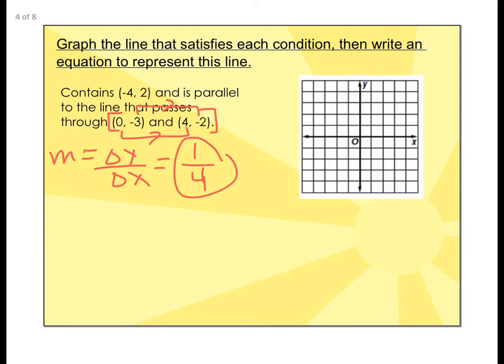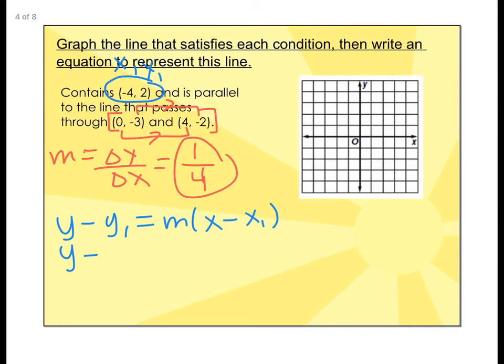So I'm going to use this slope again. But I know now that this new line needs to go through this point, (-4, 2). So to write an equation for this line, I have a slope and I have a point. So I'm going to use point slope form. We think back to the other day, y minus y1 is equal to m times x minus x1. I'm going to plug in what I have. So this would be my x1, y1. So I'm going to have y minus 2 is equal to 1/4